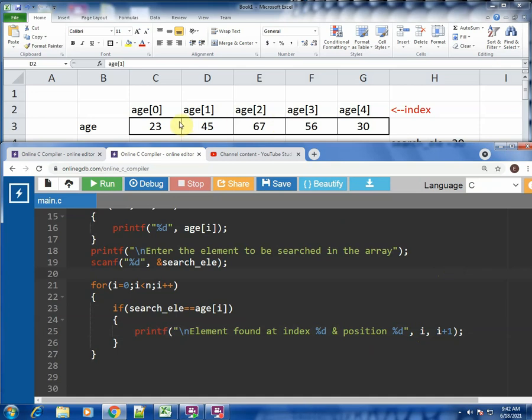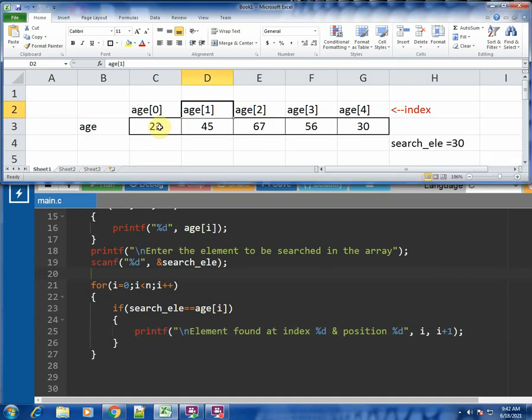What I mean by that is 23 is present at first position, 45 is present at second position, 67 is present at third position, 56 is present at fourth position, and 30 is present at the fifth position. So positions and index are different. Please make a note of this.